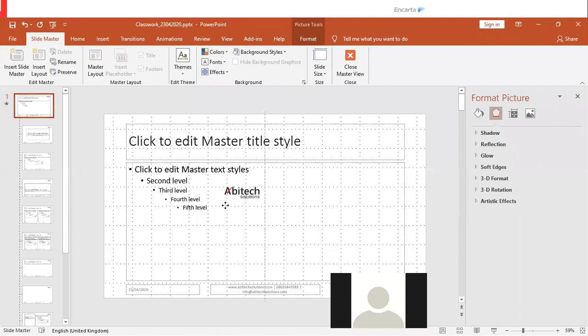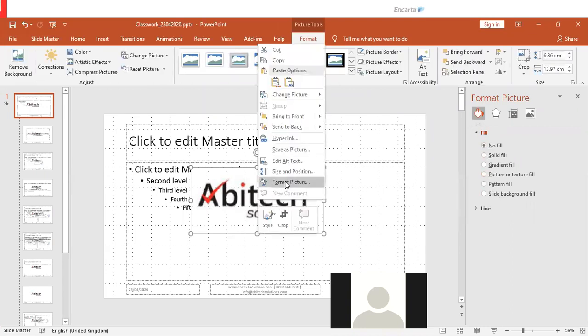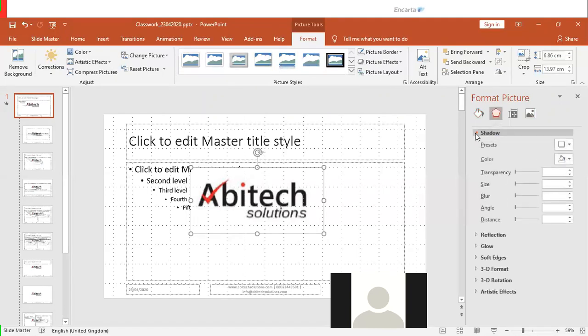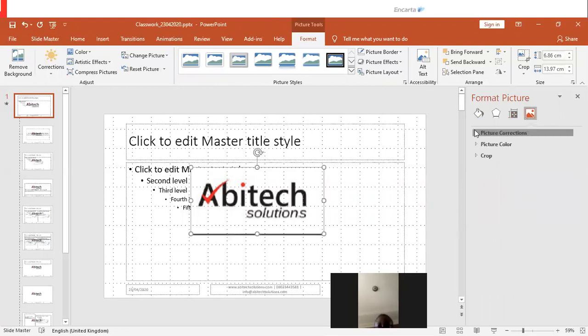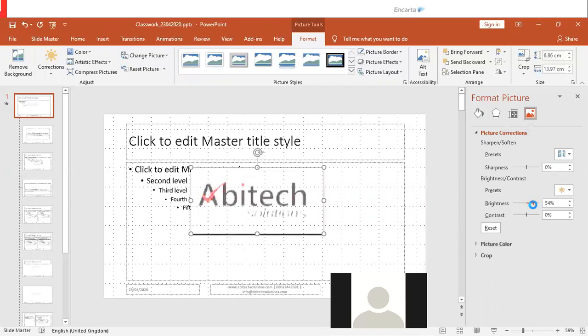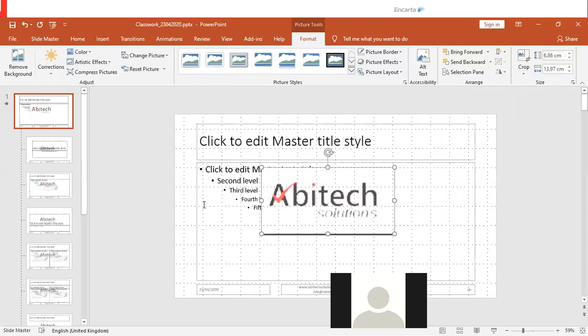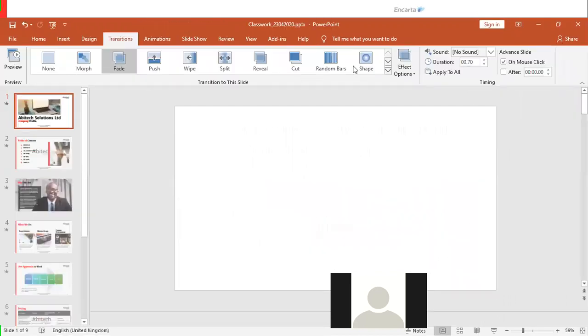So I paste my logo here. I can now maybe increase the size of my logo so that it sits properly. I can also try and format my logo. Maybe just give it some form of transparency. Sorry, the image itself. Just trying to wash out the brightness, something like this, so it doesn't contest with the remaining part of the page. Technically, once you leave your logo here as it is, and you close the Slide Master,